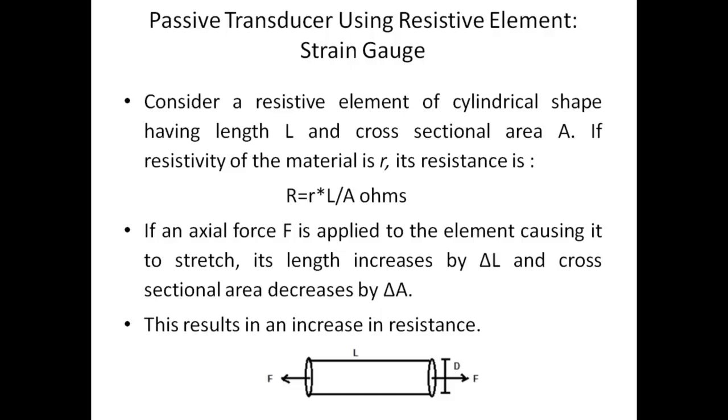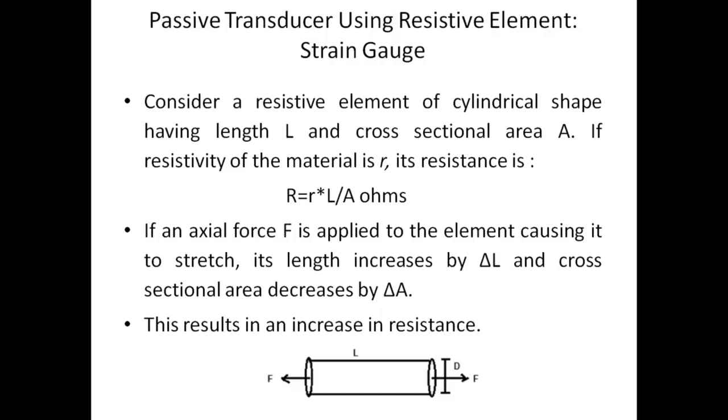Now what I do is I apply certain force on this particular element. In the figure you can see denoted by F, there are two arrows. I apply an axial force or a tensile force. That means from both the sides I hold this element and I try to stretch it within its elasticity limit. Right, now when I stretch this element, what happens? There is a length increase and decrease in the cross-sectional area. So the length will actually increase by say small amount delta L, and the cross-sectional area will decrease by a